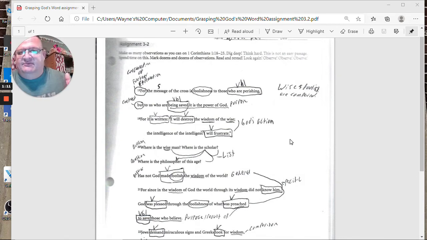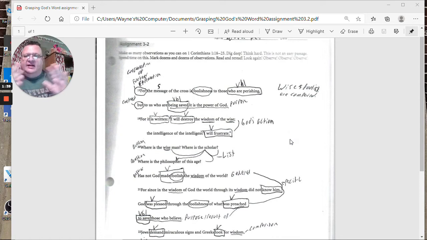I made probably 45 observations, but I skipped over quite a bit as well. So this isn't exhaustive, but I think in your homework assignment, you should hopefully be able to come up with at least 40. They seem pretty easy. And I'm just going to go over those quickly. Now, again, we're looking at things from a paragraph level, not a sentence level or just one verse level like we did last time.